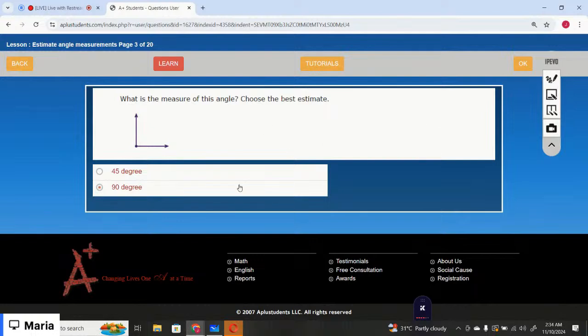That is a right angle triangle. 90 degrees it is, right? Okay, you can complete the lesson by yourself later today. Let me just move on to the next one, that is